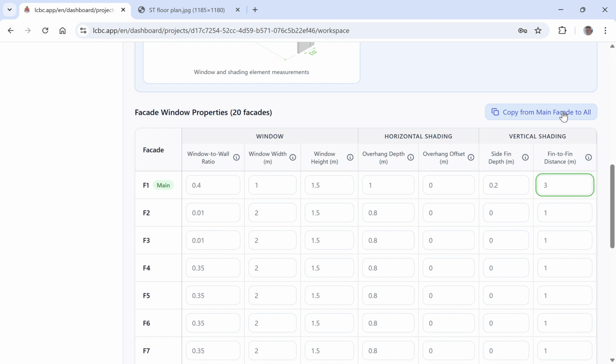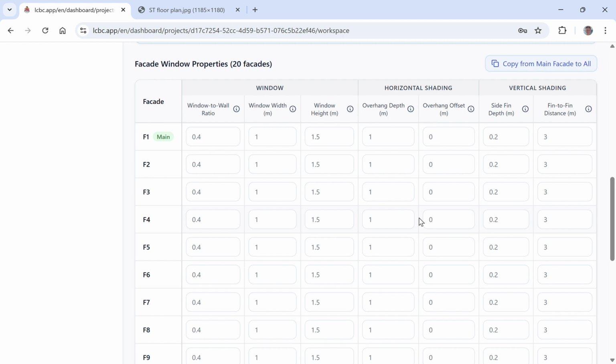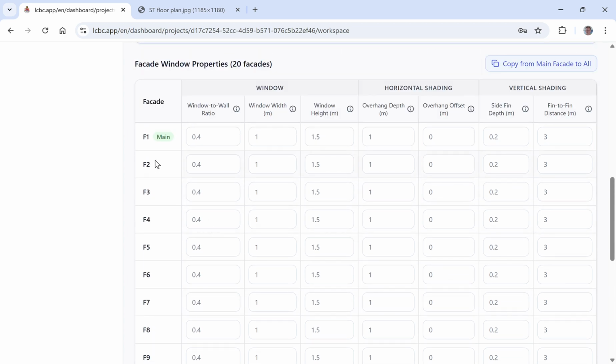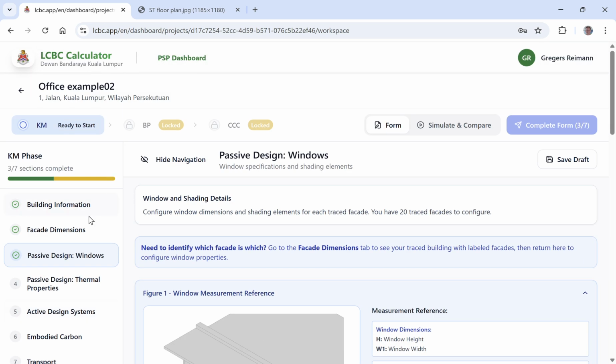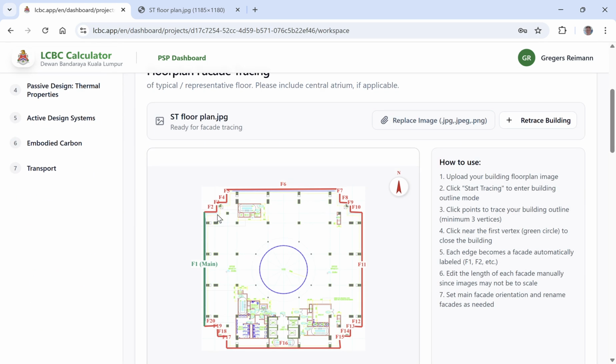So we'll copy that information to all the rest of the facades. So this is done, and this can save you a lot of typing. But then you can individually go in and change each of the facades. And if you don't remember what exactly was facade 2, you can always go back to facade dimensions, check back on the